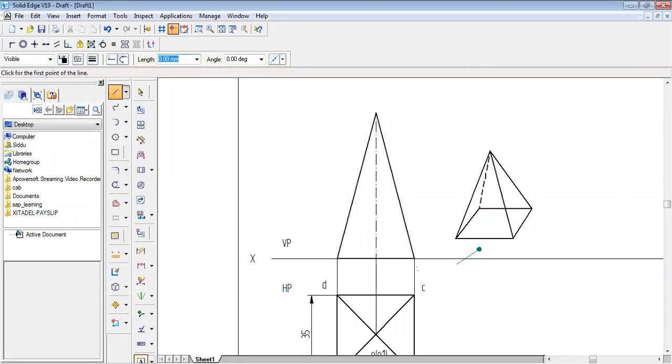So this is done. Now with respect to naming, I can see this edge, right? That is a dash, b dash, I can see, but points c dash and d dash are going to be unseen. So we shall mark them within brackets. So a dash is going to be seen, d dash is going to be unseen, I'll write it in the bracket. Similarly, b dash I will write, and c dash, which is going to be in bracket. Similarly, o dash for the apex, and this is going to be o1 dash. Okay, so this is done.